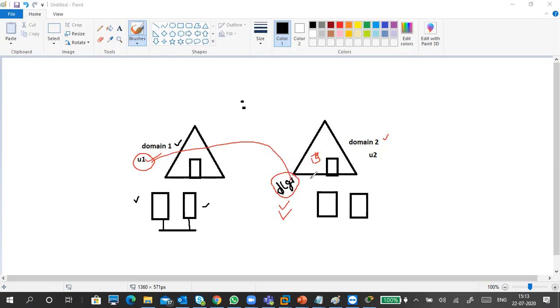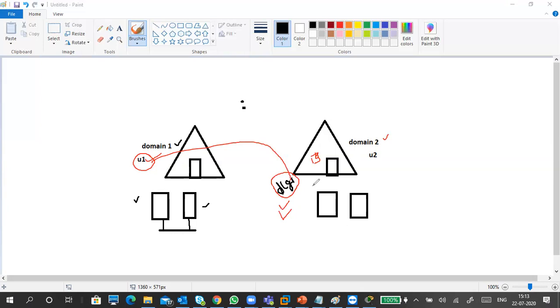So this is DLG. DLG means domain local group. If you want to access domain local resources, you should be a member of that domain local group. This is the one.